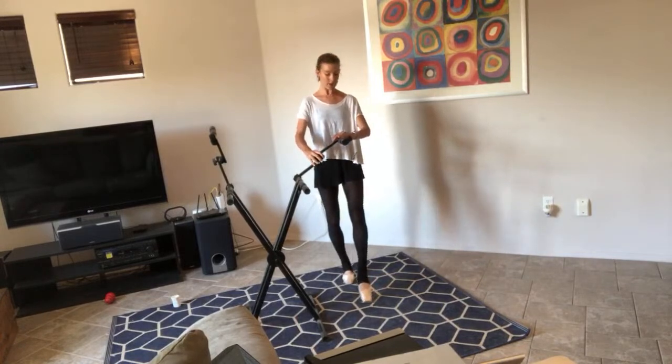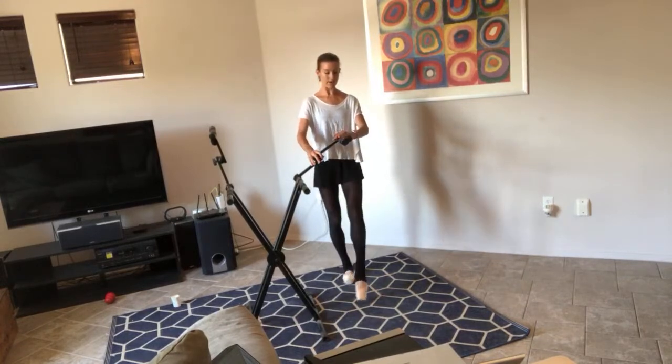Tendu back to parallel. Left side, demi and point, going through with a straight ankle, demi, parallel. Tendu out and push over the arch. Back to parallel. 2 plie relevés. Plie, releve, keep those ankles straight. And now straight, roll down straight, press up, straight, press up, roll through, plie, over the arches, leave the ankles together, resist down, reverse the roll through,